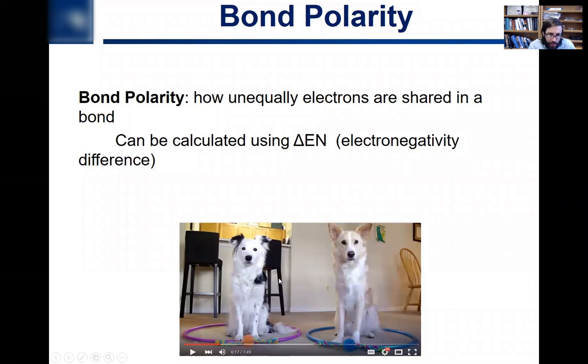And so you can actually find on YouTube this really funny and very cute video with these dogs bonding and making bonds where they're playing tug of war. It's got like 1 million views or something like that. But it's pretty cute how this lady trained these dogs to explain this concept of bond polarity, right? That's how unequally electrons are shared in a bond, and it's very simply calculated